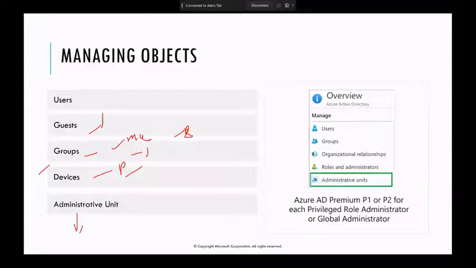Administrative units may look similar to organizational units on your on-premise AD, but they are not the same, because your on-premise AD OU has two primary functions: delegation of access and structuring of your objects. Administrative units here are primarily used for delegation of access, because your Azure AD runs a very flat structure, not a hierarchical structure like you have within the traditional AD. So bringing up my page,